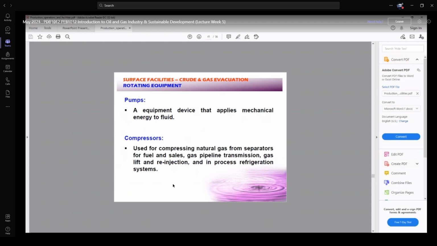right? So why are we compressing it? To increase the pressure of the gas, right? To move it from one location to another location. If the gas pressure is too low, it is very difficult to move it from one location to another location, right? If the location is upside, then it is much easier because the gas can easily move upward. But if it is going to move either downward or horizontally sideways, we need a compressor to increase the pressure of the gas to move.